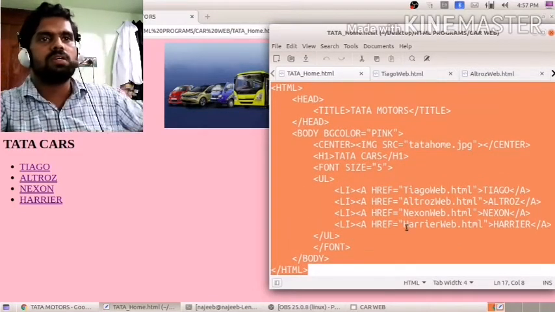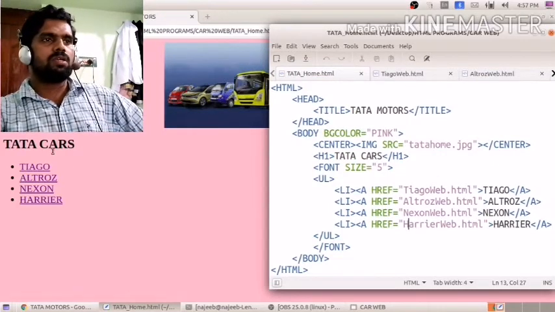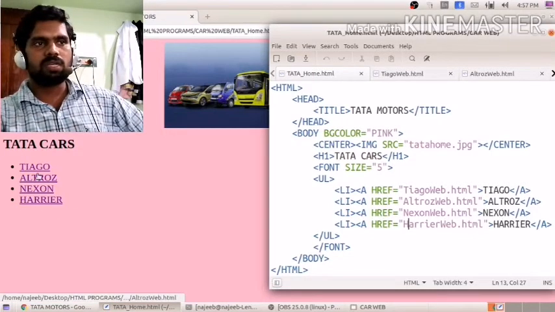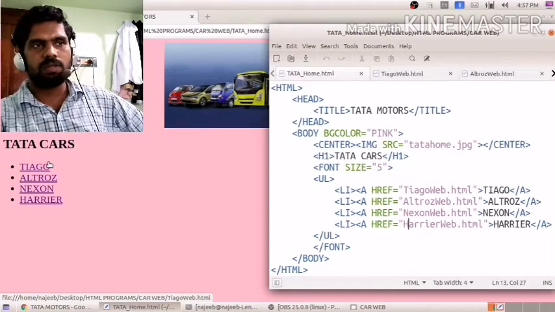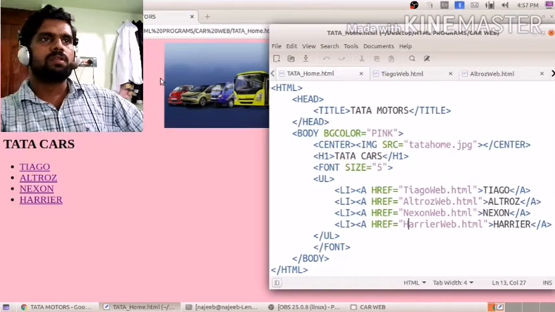So you can see here what the contents are. Here I told you that these all things are list items, an unordered list, and each item is also a link. So how to create that one? You can see the program. What's the title? Tata Motors, Tata home, this is the page.